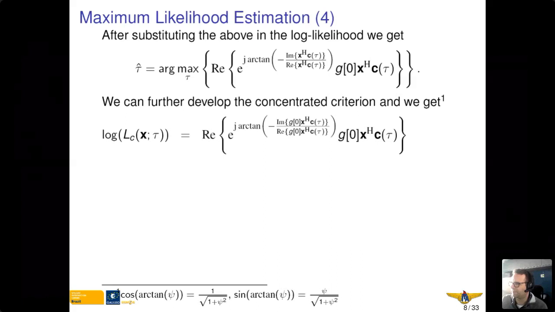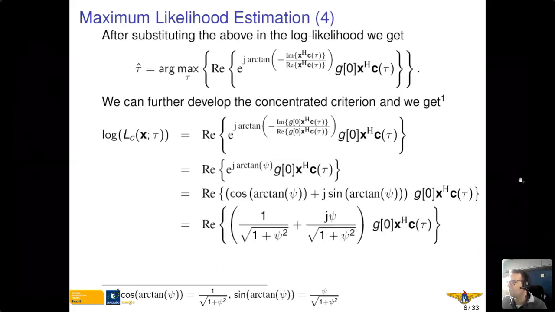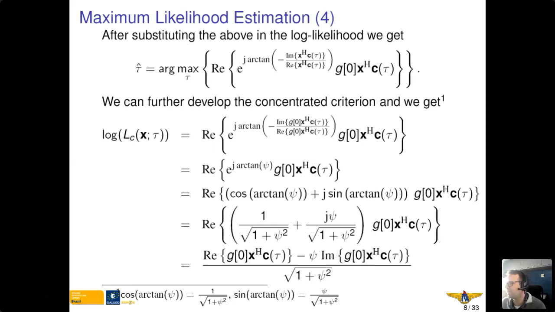We have plugged in our phase estimate. We can now call the argument of the arctangent psi here. We can further develop this as cosine of arctangent psi plus j times sine of arctangent psi. This looks very ugly, but we can use the theorems at the bottom of the slide to further refine this. So we plug in these two theorems, so we arrive at this formulation, and then we can further refine this to